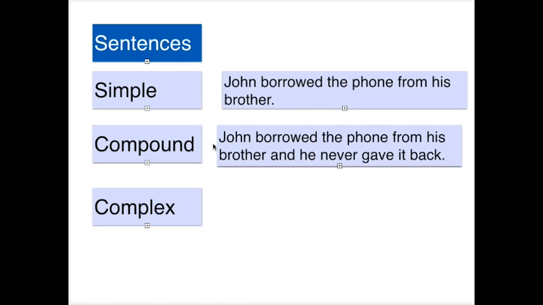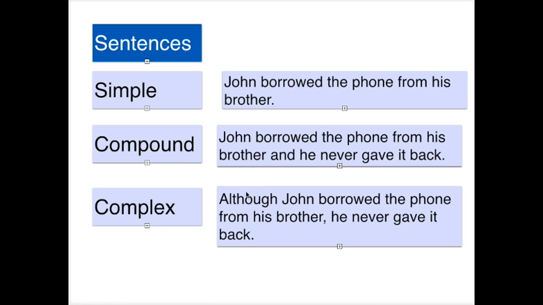A compound sentence, which is two independent clauses added together. So John borrowed the phone from his brother and he never gave it back. A complex sentence would be, although John borrowed the phone from his brother, he never gave it back. So we're going to look at more detail of what makes a simple sentence and a compound sentence and a